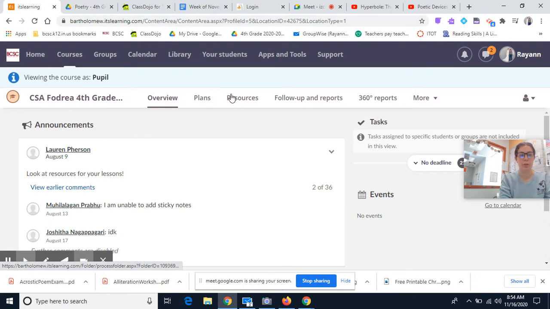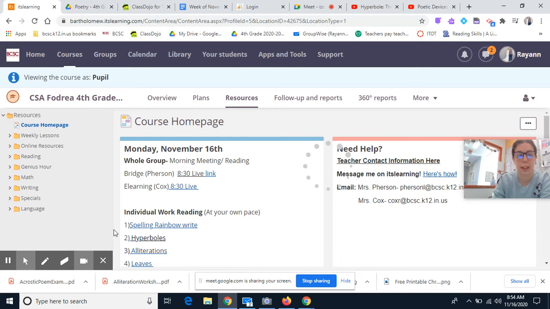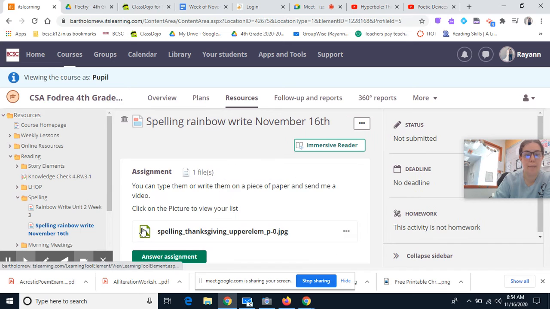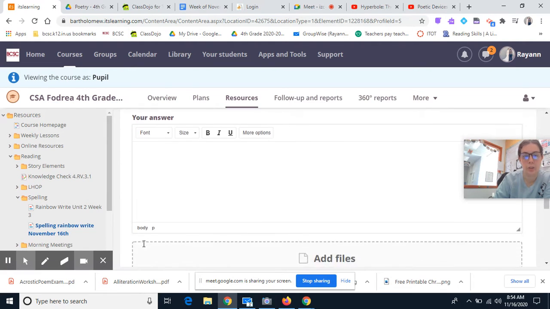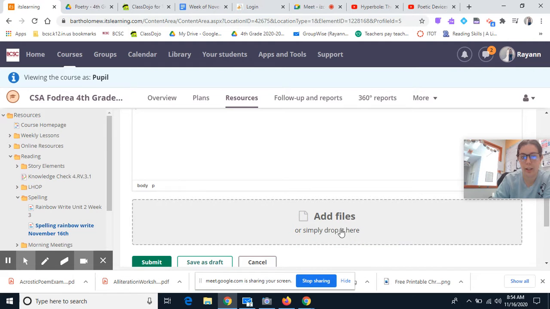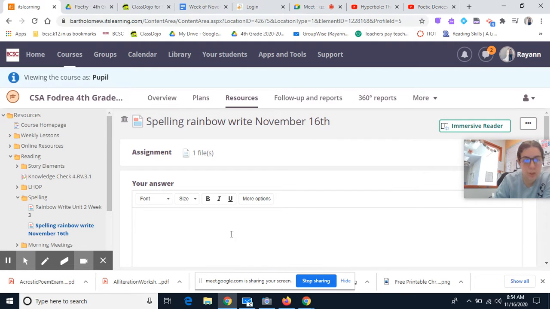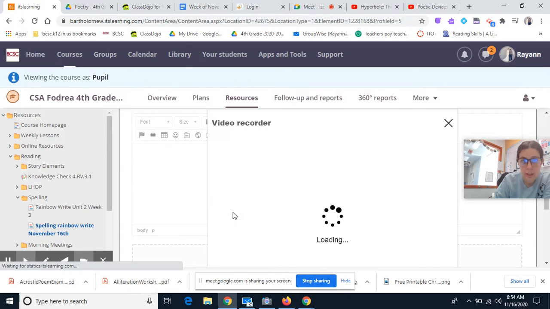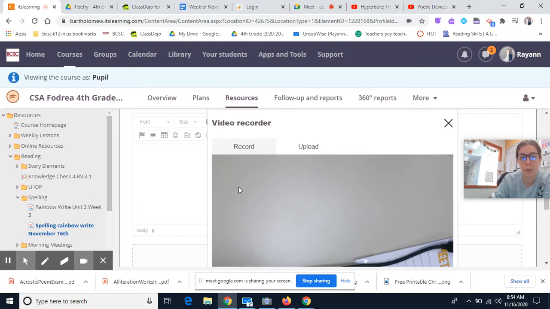So let me go back to It's Learning. It's under student view, so I'm going to go to resources and course homepage so then I can show you what it looks like for you when you turn it in. You would go to spelling rainbow write, and you would hit answer assignment, and you can do two things. You can either add or drop a file of your Google Doc if you type, or you can choose here. If you click more options, there is a camera button right here that you would click, video recorder. You would hit allow, and then you can